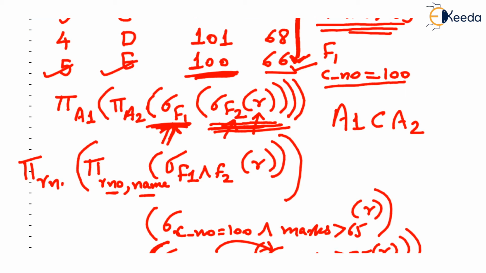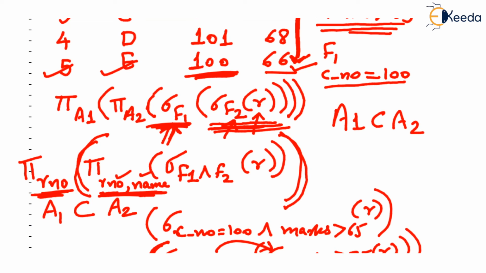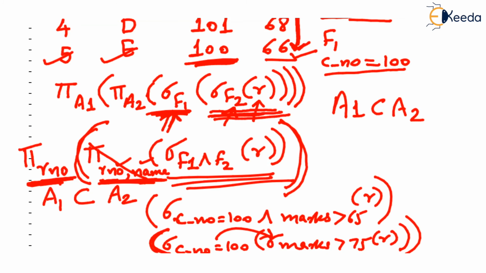Now this is silly. You can see that this is A1 set of attributes, this is A2 set of attributes, and clearly A1 is a subset of A2. Roll number is a subset of roll number comma name. But hello, the inner bracket had already given us roll number and name, and now we are cancelling the name and we are saying, no, no, we want only roll number. Then what was the use of this, isn't it? Why don't we directly say that from this inner result, project only roll number? As A1 is a subset of A2, it would be enough.